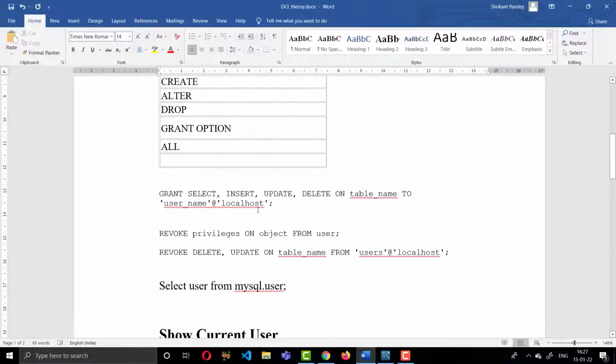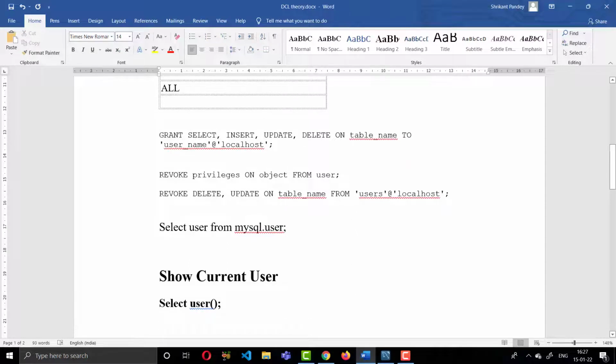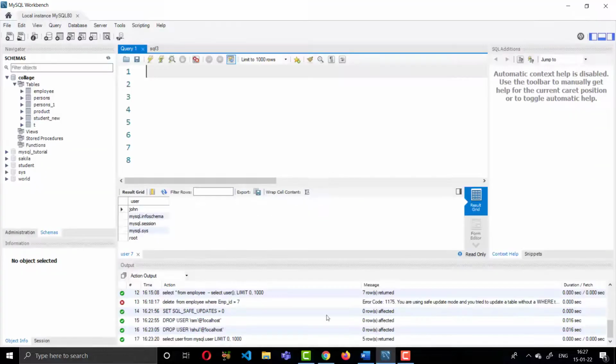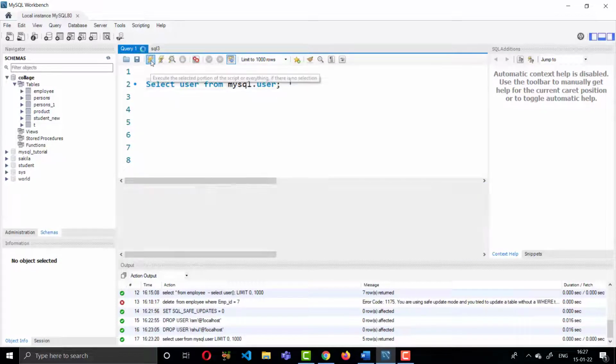Before moving on to the demo of GRANT and REVOKE, let's understand how you can show the users in the MySQL community server or MySQL database. SELECT user FROM mysql.user. Let's copy this, I have already opened MySQL Workbench. Paste it here and run.